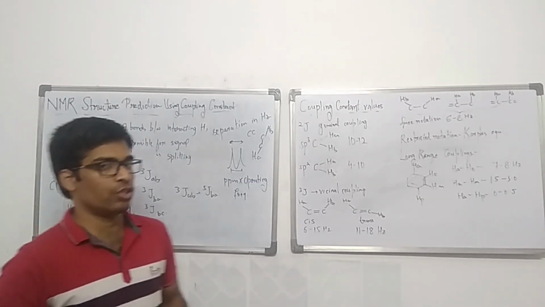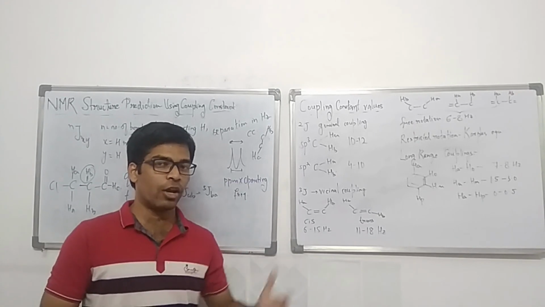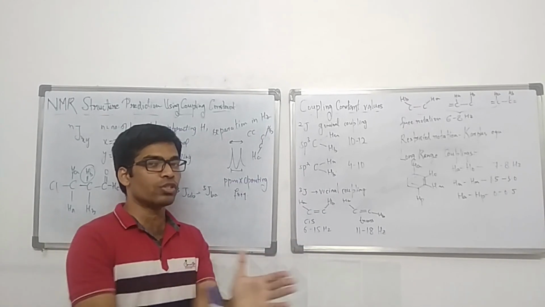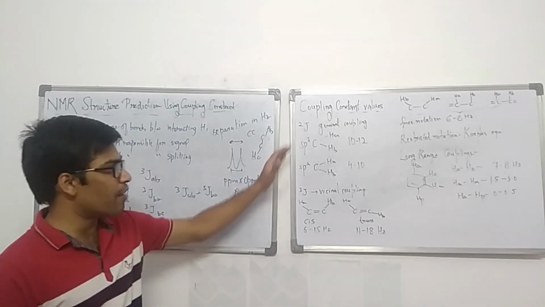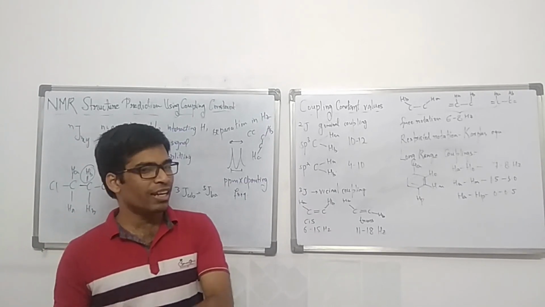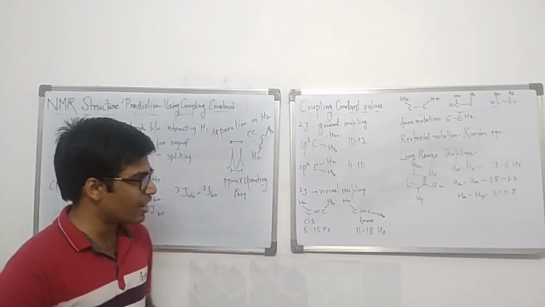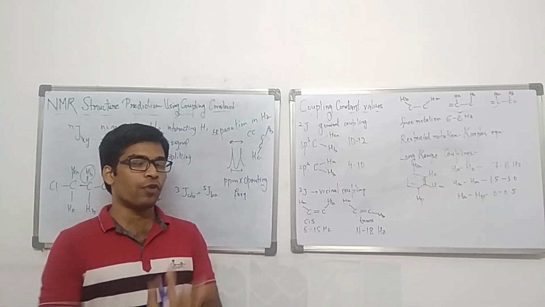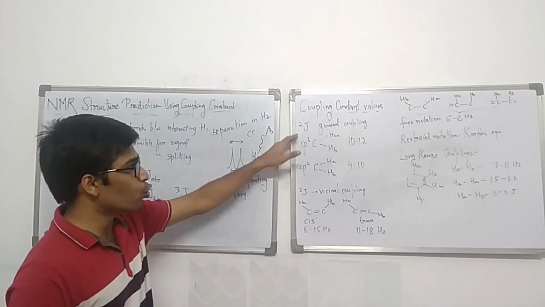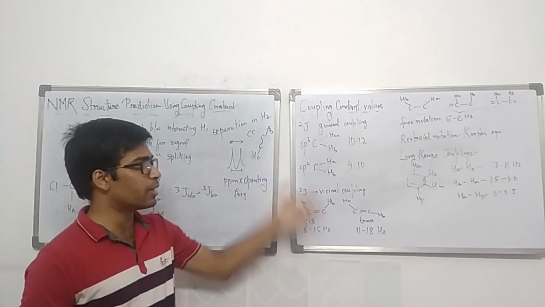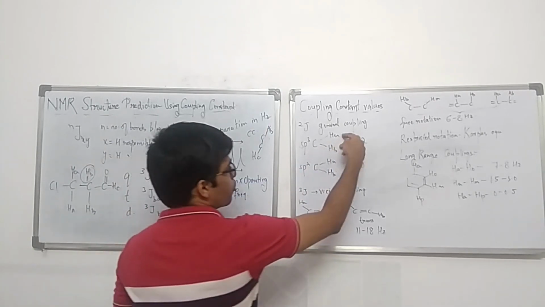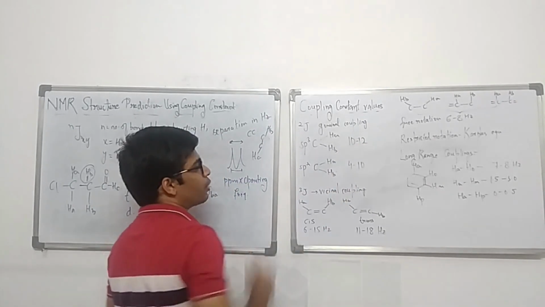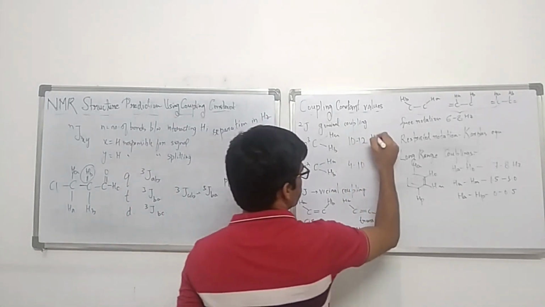Now, while predicting the structure, you need to memorize or remember some values of coupling constant so that you can say that these two protons are interacting and they belong to such and such fragment. Because of which I have written down some of the commonly used coupling constant values, starting with the minimum number of bonds which you require for two protons interacting, which is 2J. So that is 2 bonds, which is possible for geminal coupling. So for geminal coupling between two protons on sp3 carbon, the coupling constant goes in the range of 10 to 12 hertz. All of these are in units of hertz.